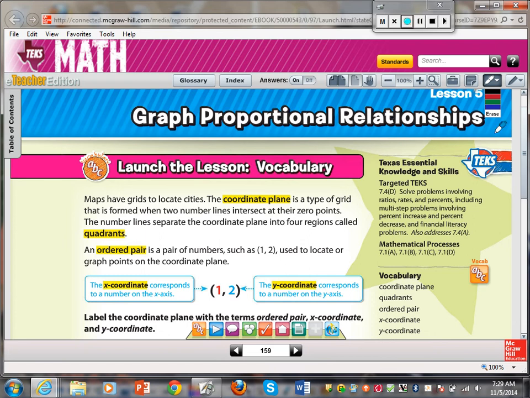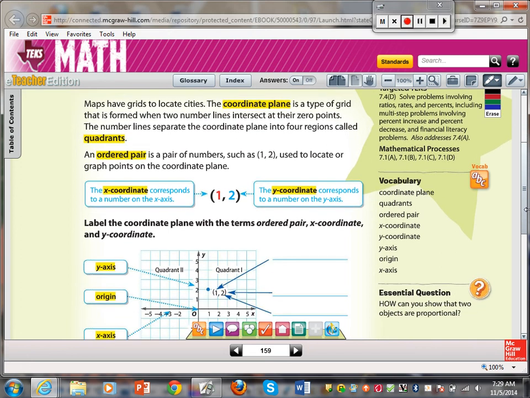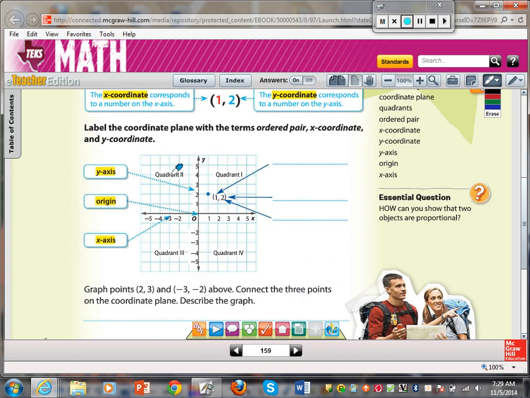Graphing proportional relationships. As you saw the previous day, and this was a little bit of a review for a lot of you, the coordinate plane is broken into 4 quadrants, 1, 2, 3, 4, and it goes counterclockwise. This is your ordered pair. The first number is the x coordinate. The second number is the y coordinate. Most of you had experience with this, and yesterday or the day before we learned the experience with all 4 quadrants. So let's see what's so special about graphing